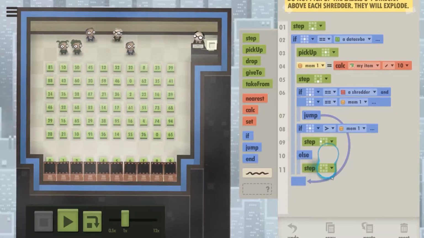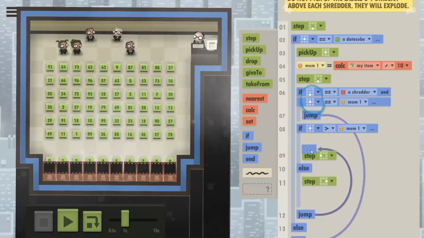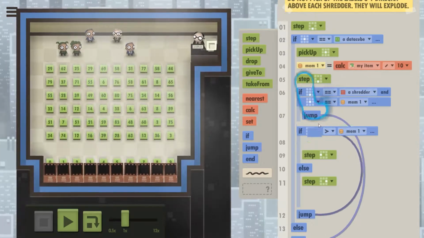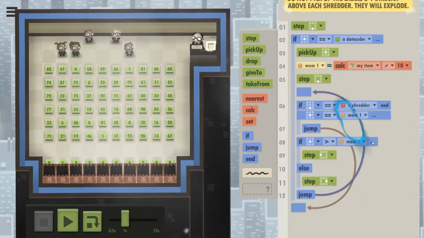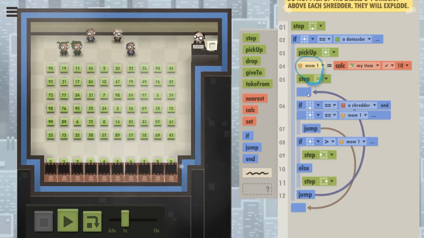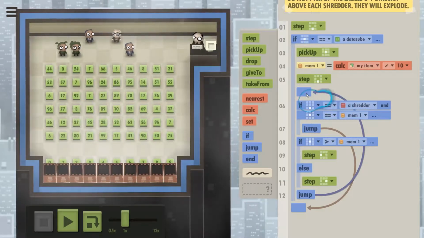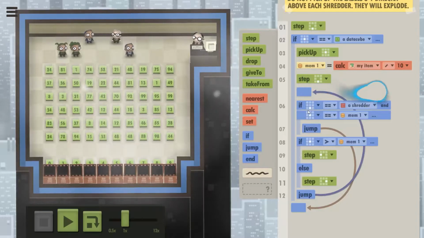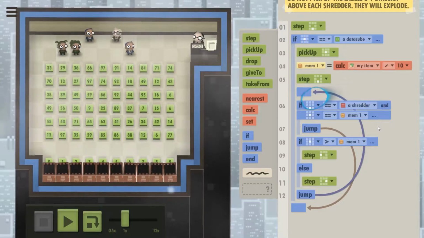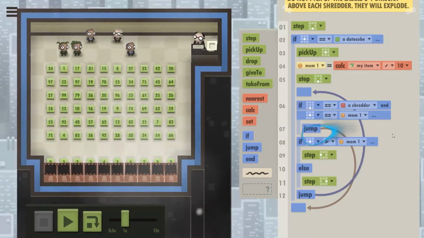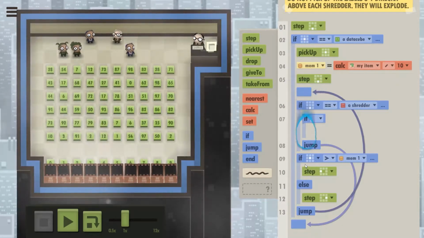Otherwise, we are going to step right, and either way, okay, this is slightly wrong. I didn't want to do this. We have to nest all of this. So if below us is a shredder,